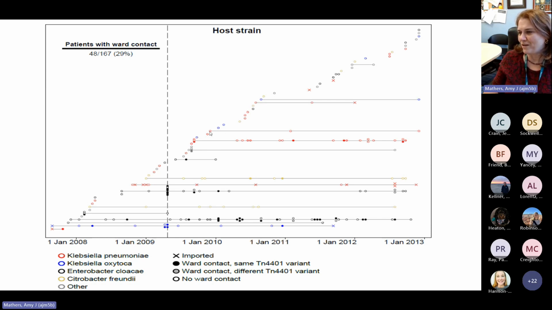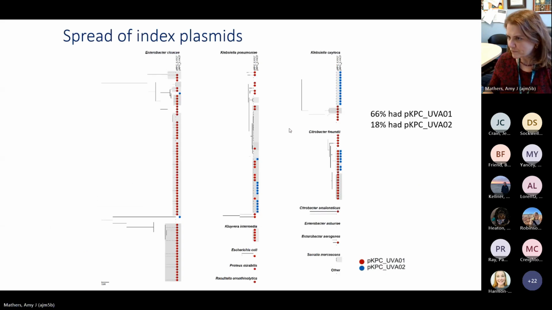We also know that, if anybody knows anything about UVA and our epi, there are huge gaps of time between seeing a strain in one patient and seeing it in the next patient. We now know that the hospital environment was involved in this outbreak, and I could talk about that at another time. When we looked for the plasmid to see if it was a single plasmid that was being transmitted between